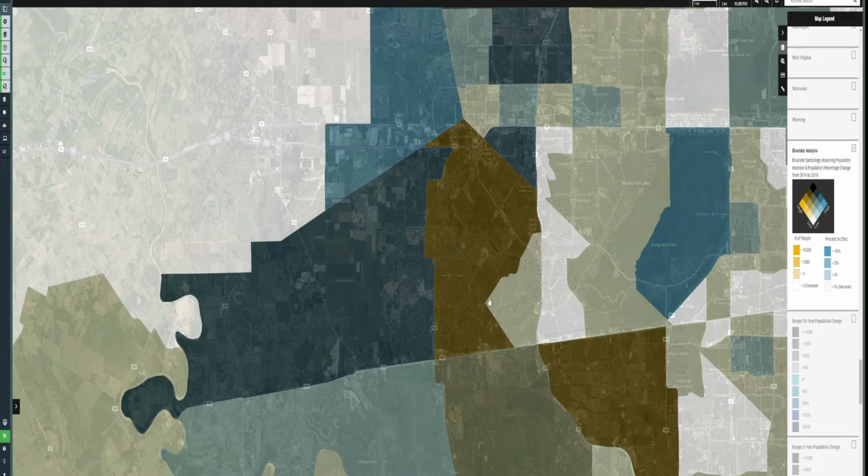As we zoomed in, you can now see that there's a whole bunch of new neighborhoods and developments that are happening within this region. Now, how do we interpret the data? So in this case, let's look at this blue polygon. The blue polygon reflects a dark blue color, which is likely this color here. And that color is derived from the combination of the two variables, the number of people and the percent increase and decrease. Because it is this dark blue, we know that based off the percent increase and decrease, it is at least 100% or more, given the fact it is the fourth color up on the blue scale, and it